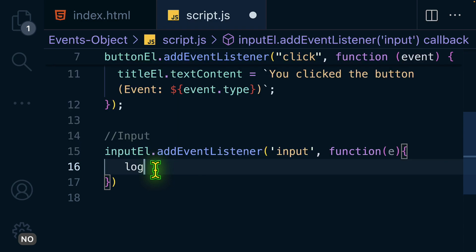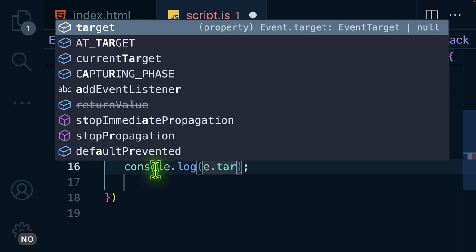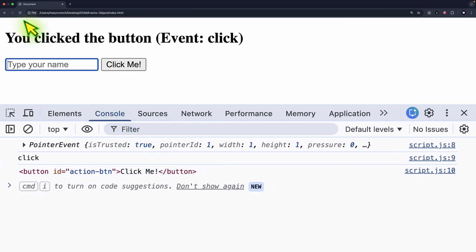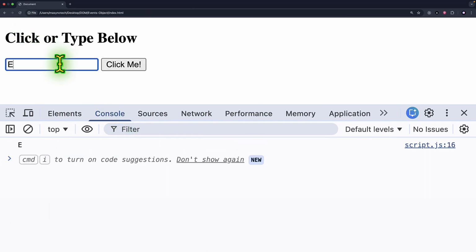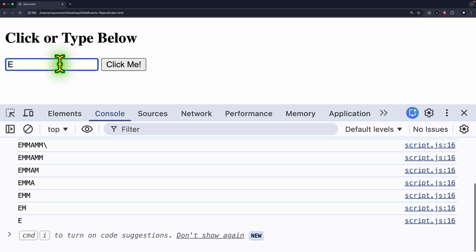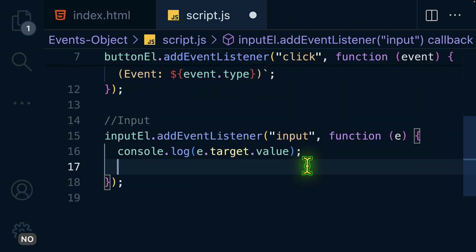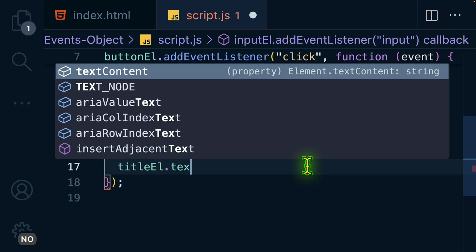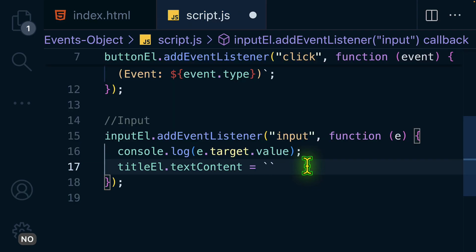So I'm going to log the event, which is e.target.value. And the value will show what the user is typing in the input field. When I say Emmanuel, or let me say CSS, as you can see that is being logged. And this is a concept that we used in the previous video to show what the user is typing onto the page. We can make it more meaningful by taking the title element dot text content, which is equal to backtick. I'm going to say that typing, then $ curly braces